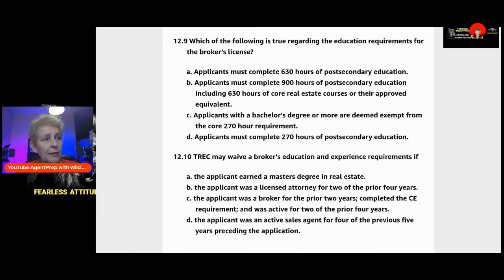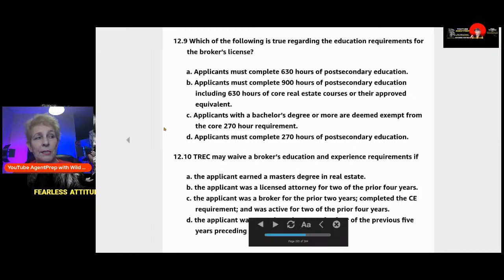Yes, the answer is B. Applicants must complete 900 hours of post-secondary education, including, so if you have a college degree, that can apply towards 630 hours, and that's for the core real estate courses approved by Texas Real Estate Commission. And then, of course, we have the other 270